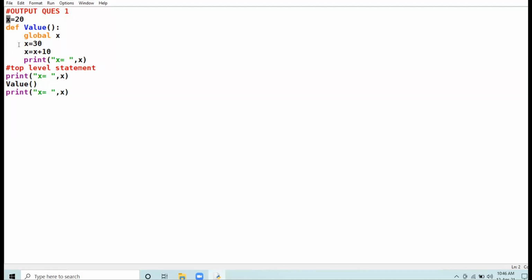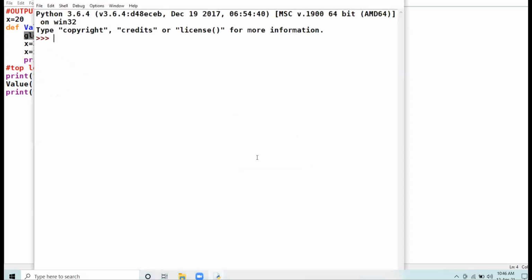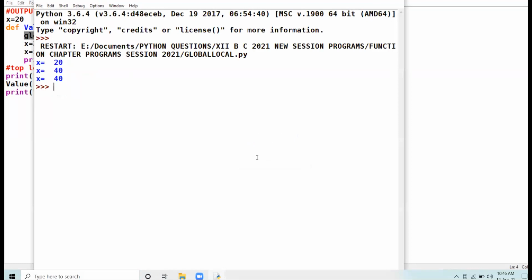Python will work with the global variable itself because of this particular command that you have given over here. Now the answer will be 20, 40, 40. Now am I clear with the concept?